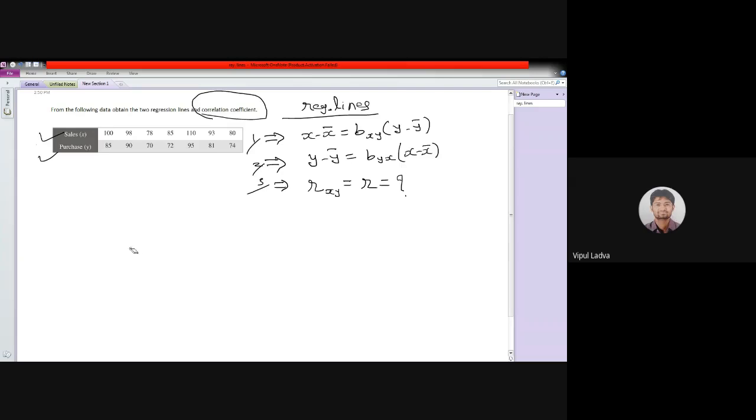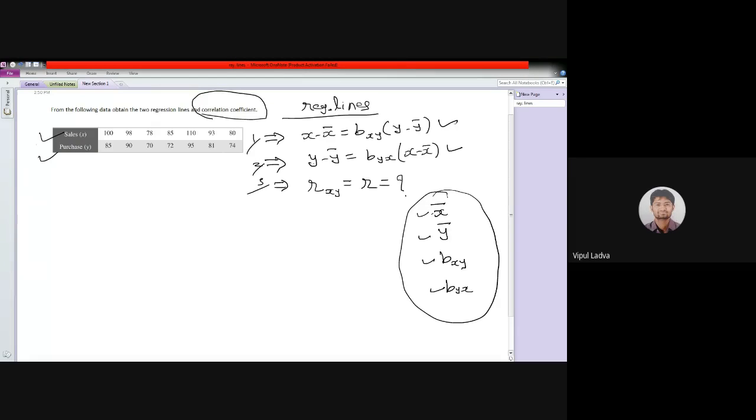identify how many different raw materials we will be in need of. So to identify both the regression lines, we are in need of x bar. So let me prepare the list. We are in need of x bar, we are in need of y bar, then we will be in need of bxy, byx. I think this will be enough. Once we have all this data, x bar, y bar, both the regression coefficients, then we can identify both